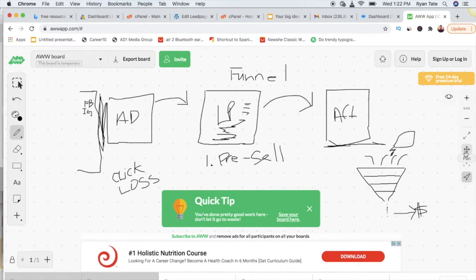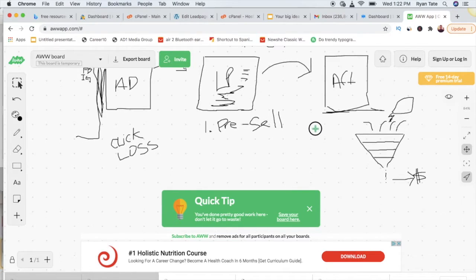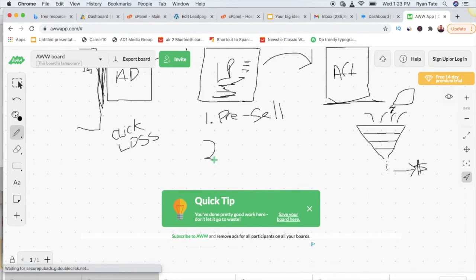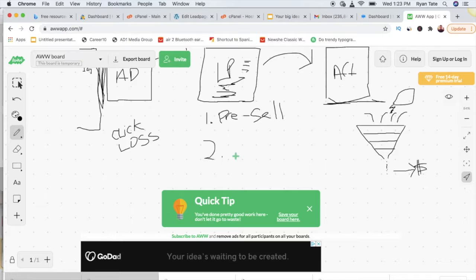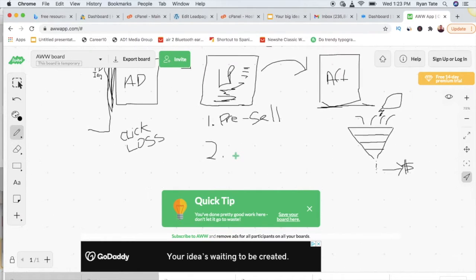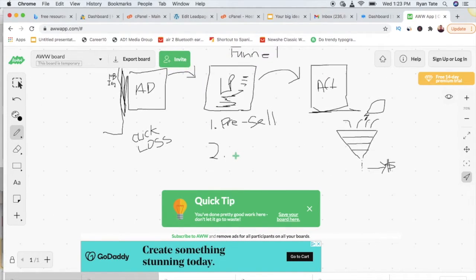Now, the second type of funnel, let me scroll this down. All right, so the second type of funnel would go something like this, where on this landing page, you wouldn't pre-sell them. You would get them to opt in.